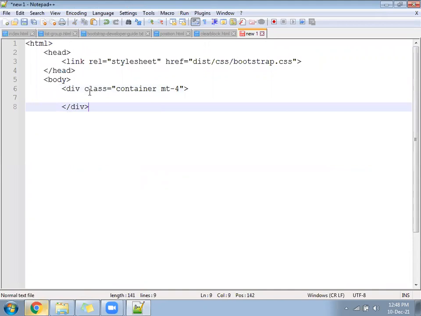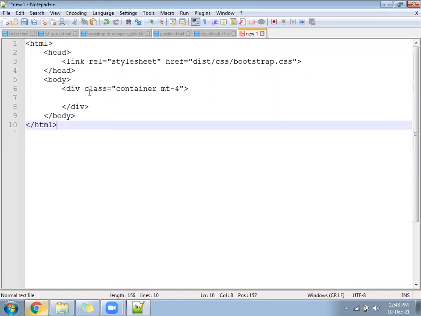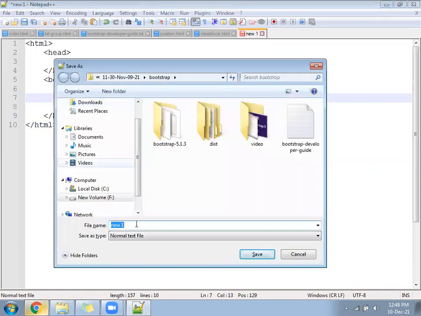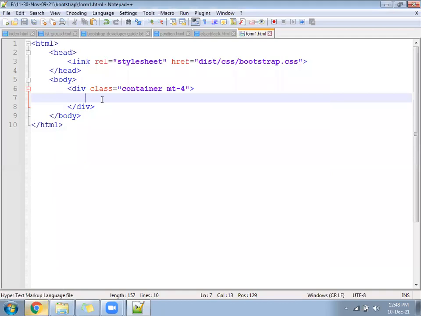Body will open and close, HTML will also close. Let's follow the division.